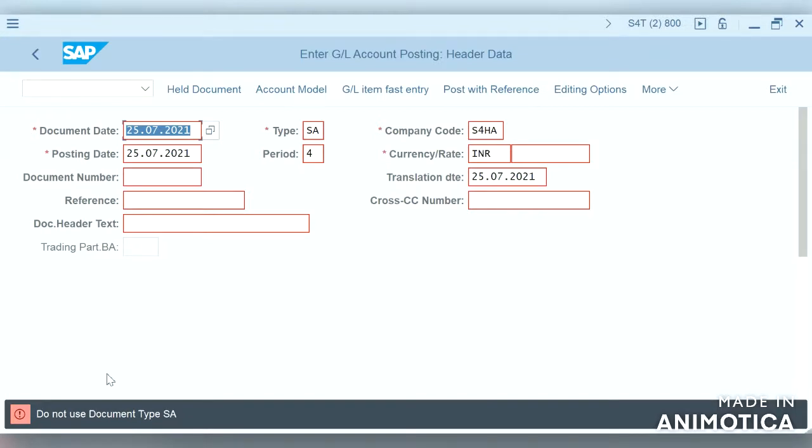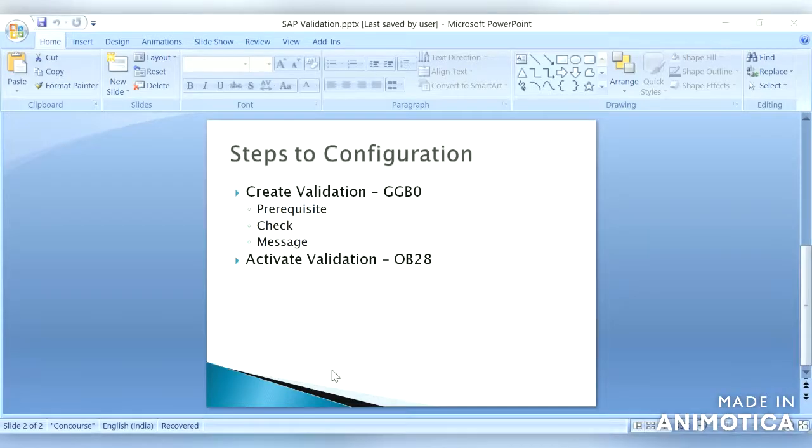So now let us learn how we have configured this step through configuration. So we have seen the error message while the user, K. Suresh, is trying to post a document with document type SA.